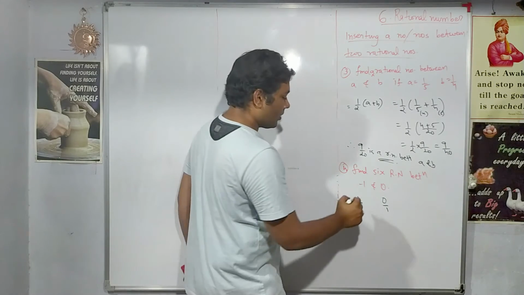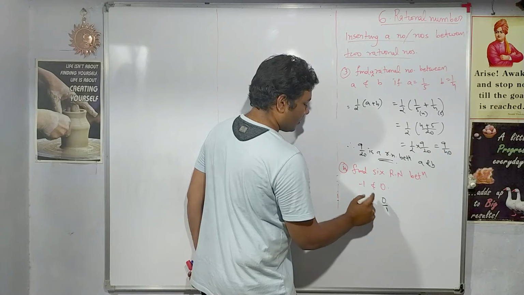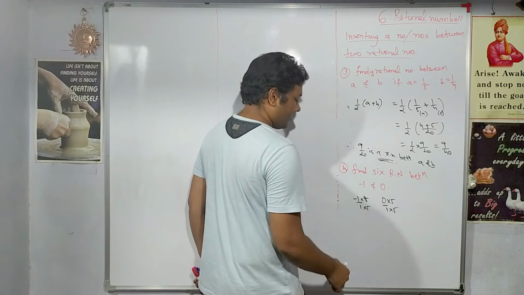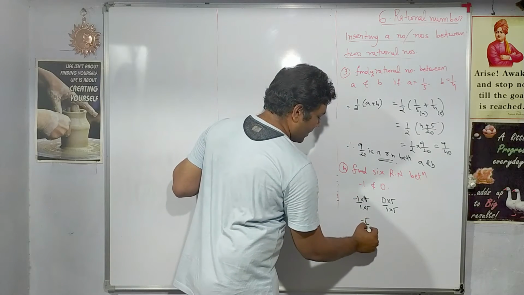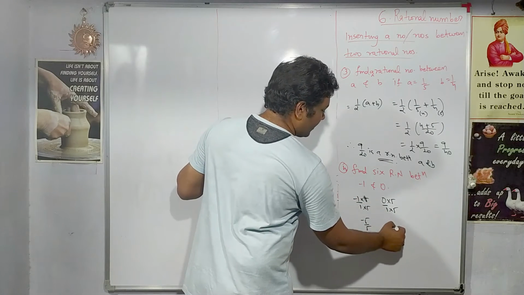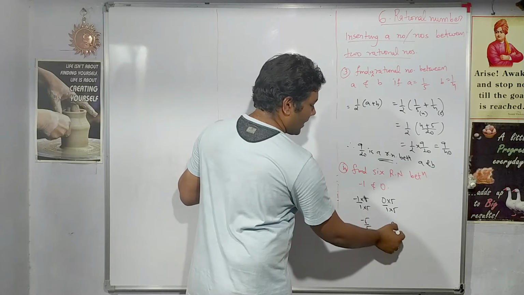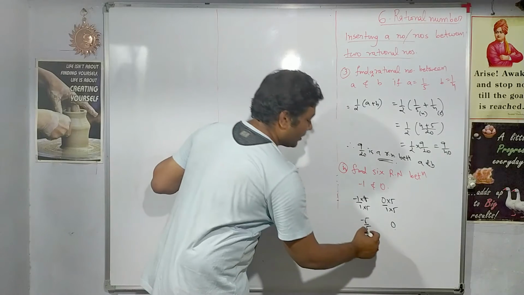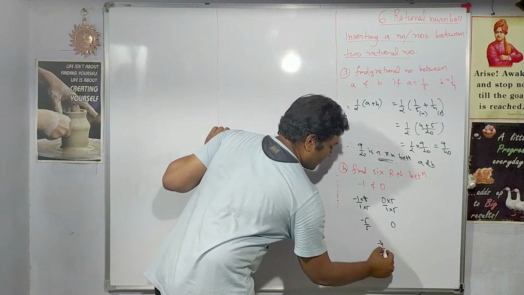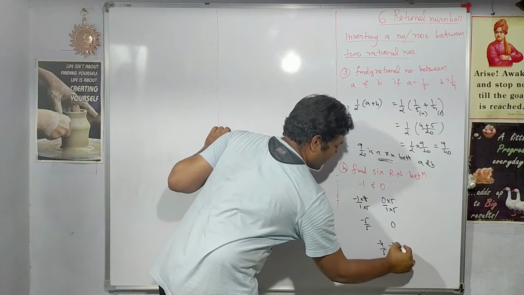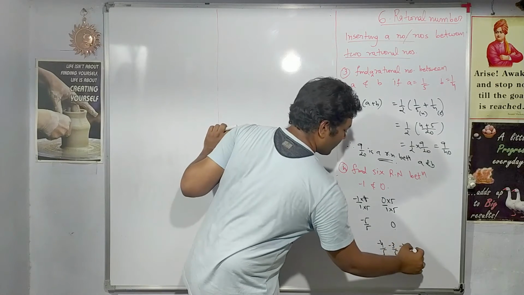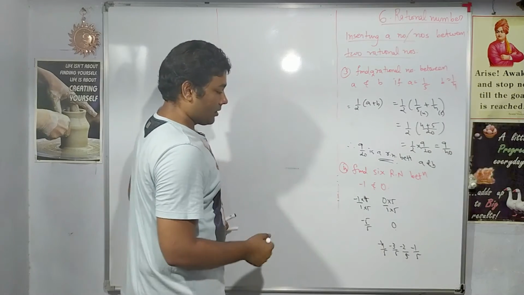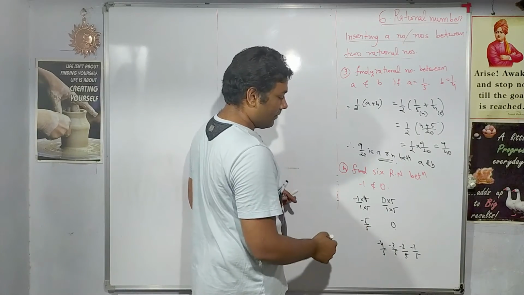Now multiply with the 5, both the sides, right? So this side will become -5 by 5. This side will remain 0 upon 5, that is nothing but 0 again. So how many numbers now we can write down here? So numbers will be -4 upon 5, -3 upon 5, -2 upon 5, -1 upon 5. Okay, I got only 4 numbers. I want 6 numbers, but I got only 4 numbers.